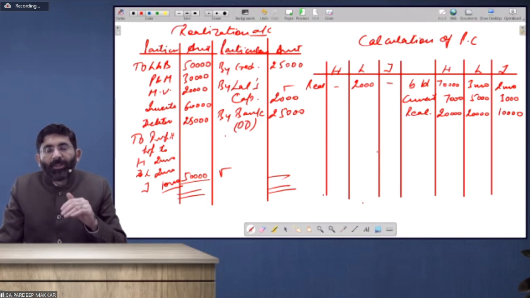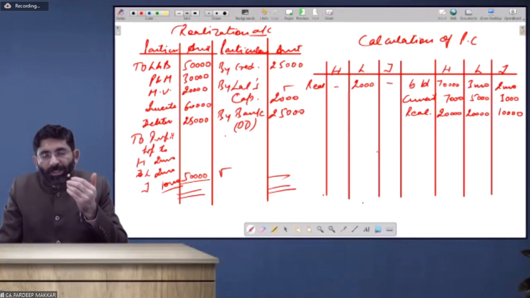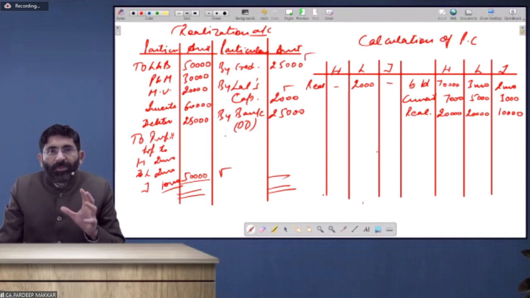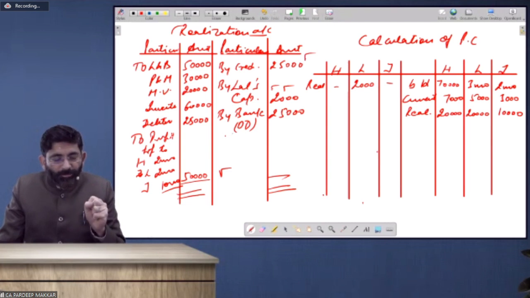So assets are already written off. All liabilities are written off. Instead, whatever we got, that we are treating as our income. Like 2000 rupees we received from Lal. So the realization account is credited. In the same way, whatever amount we will receive from the